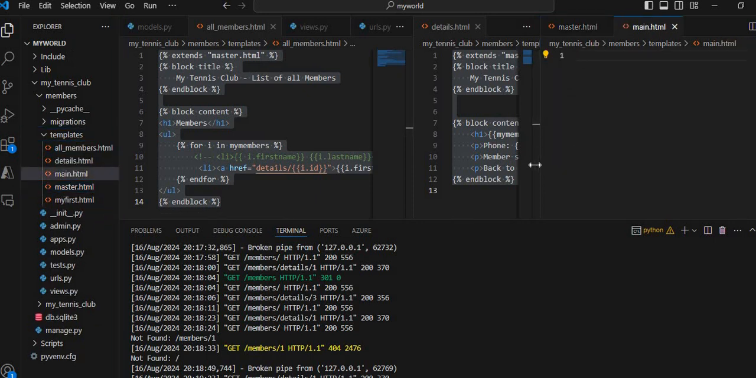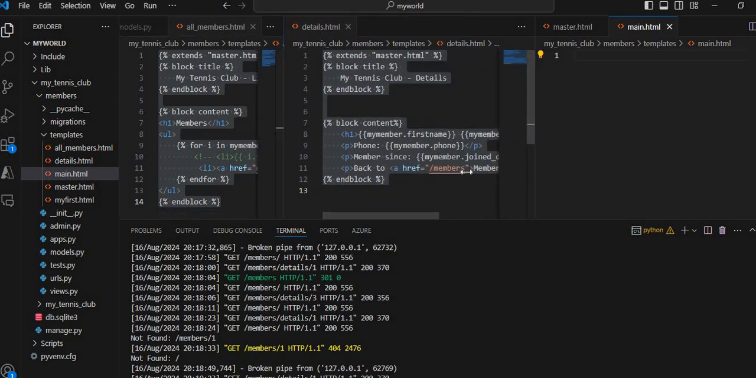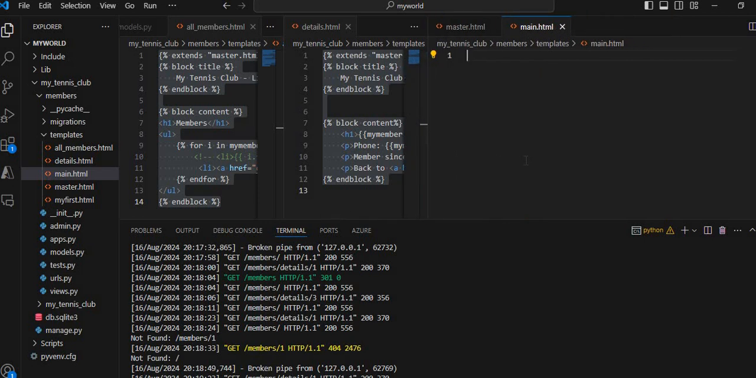After I created this file with the name main.html, here I have to write some code to solve the problem of page not found for the root folder of our project. So here I am going to use the curly brackets, and inside this the percent signs and extends from master.html, and after that